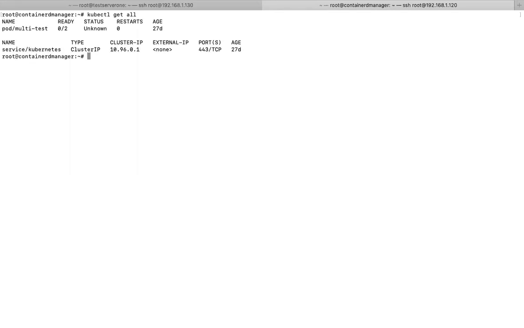Get all will display all the containers, right? You will not see the containers, actually it is a pod. In a pod you can have one container or multiple containers, more than one as well. You can see here that we have 2 containers, because you can see 2/2. That means 2 containers in this pod.